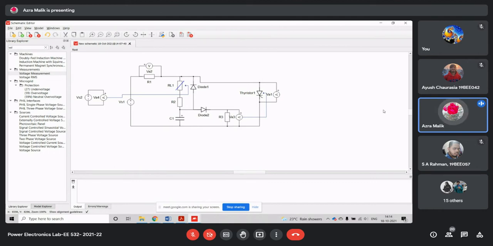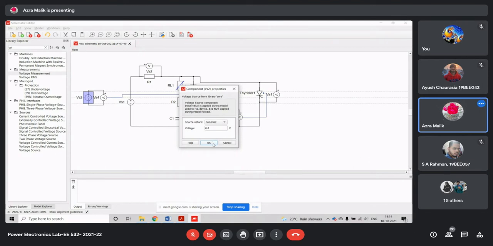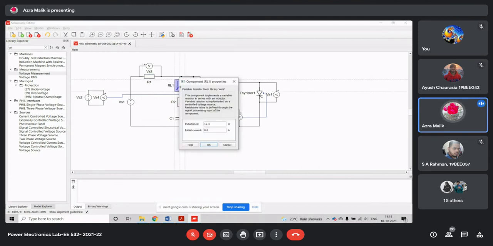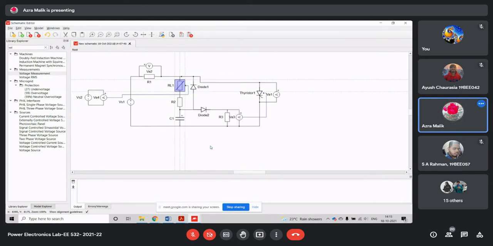I've already provided the value for this VS1, the input source. This shall remain the same, 0 voltage. R1 should remain 1 ohm, and this has to be 1 millihenry. This has to remain the same.